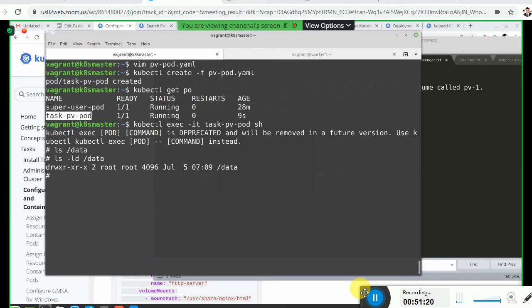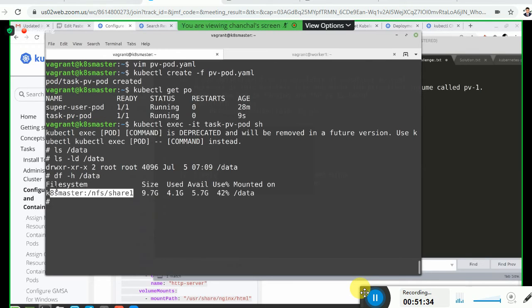Yes, the data directory is available there. So will it show me df -h? I don't think the df -h command should be there, which usually shows the NFS mount. Yes, it's the master NFS share 1. So we can see it has been mounted from the NFS share. So great, it is available inside the container.